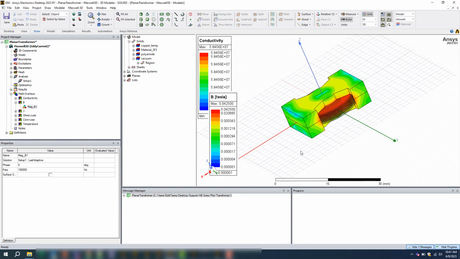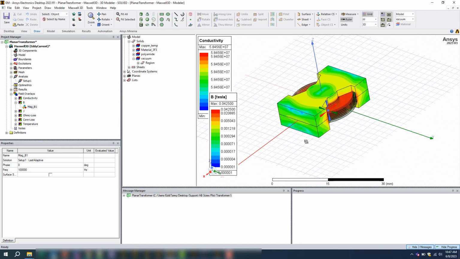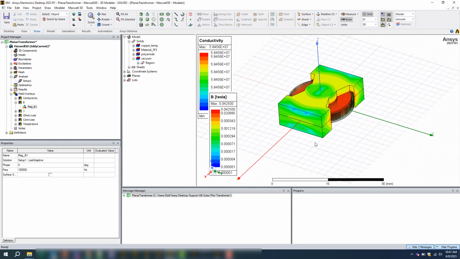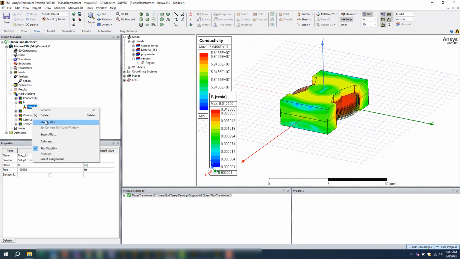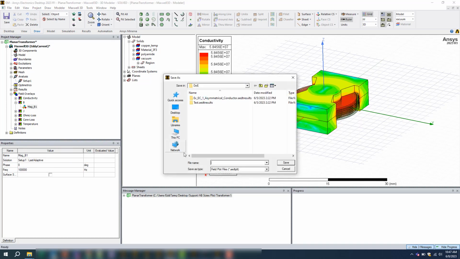In this video, we'll show you how to export contours, contour plots from Maxwell or AEDT or any Electronics Desktop software into a format that you could share with your colleagues, friends, managers, and people who do not use Ansys software. In Maxwell here, you could go to any contour you have, like flux density, and go to export plot